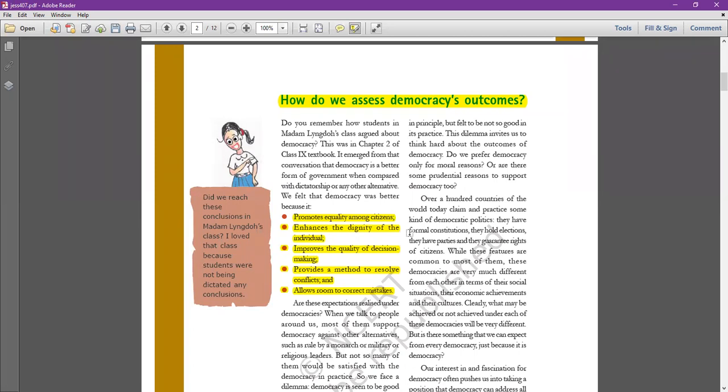If the question comes, why do you think that democracy is a better form of government, instantly one thing must come to your mind, and that is, sir, democracy promotes equality. Because it promotes equality, it is obviously a better form of government. Equality citizens के बीच में, हर citizen equal है. Second point आपको बता रहा है that it enhances the dignity of the individual. Now, first you must understand the meaning of dignity. What do you mean by dignity? Dignity simply means self respect.